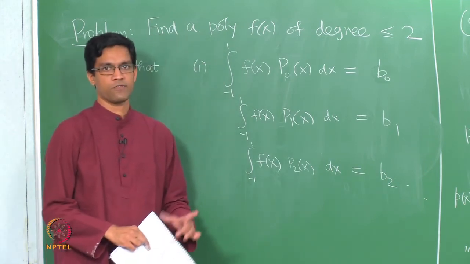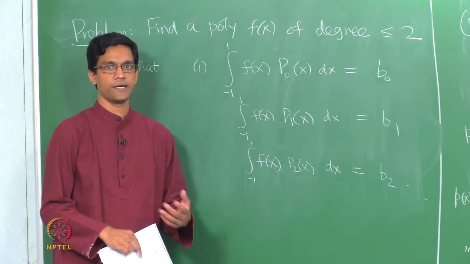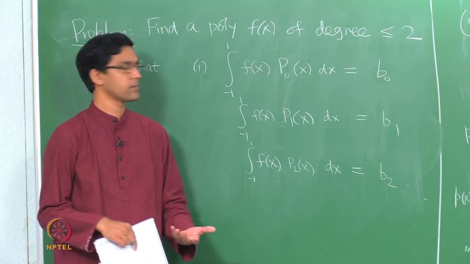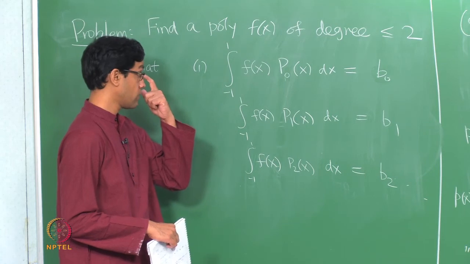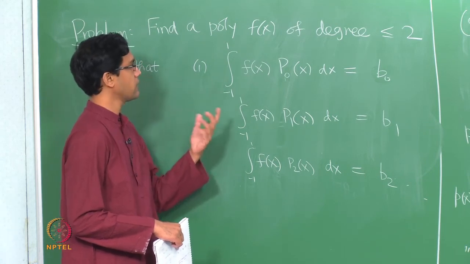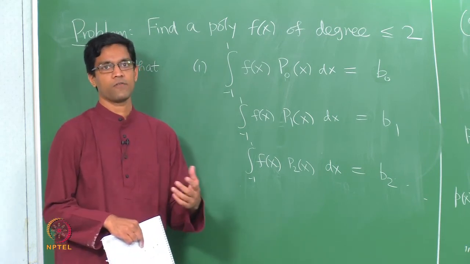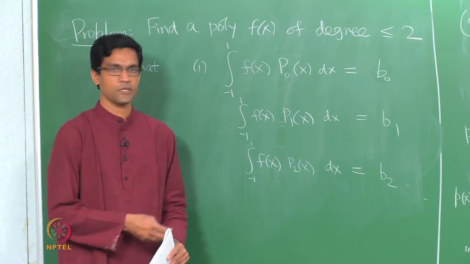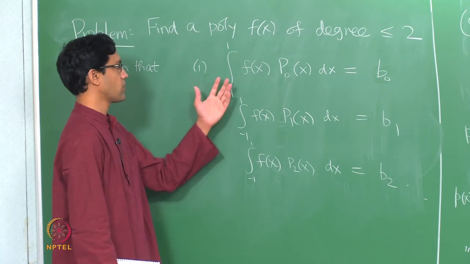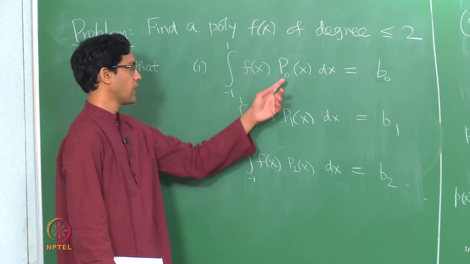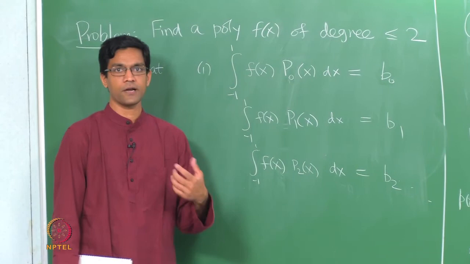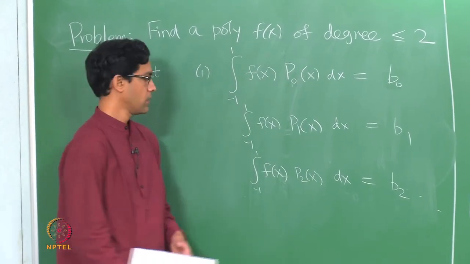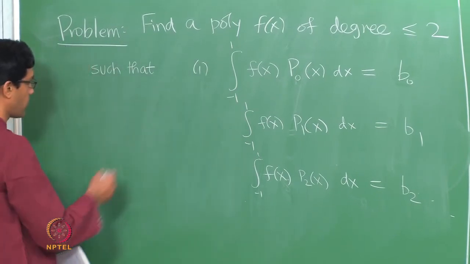So again, this is sort of like the problems that we already looked at, the interpolation problem, the Taylor polynomial problem and so on. So what we looked at there was the idea was to try and determine a polynomial of degree d given some d plus 1 conditions, some suitably independent d plus 1 conditions. So here again we are asking for a polynomial of degree which is at most 2, and you are giving 3 conditions, except that the conditions are really in terms of integrals. Okay. So how does one try and solve problems like these?